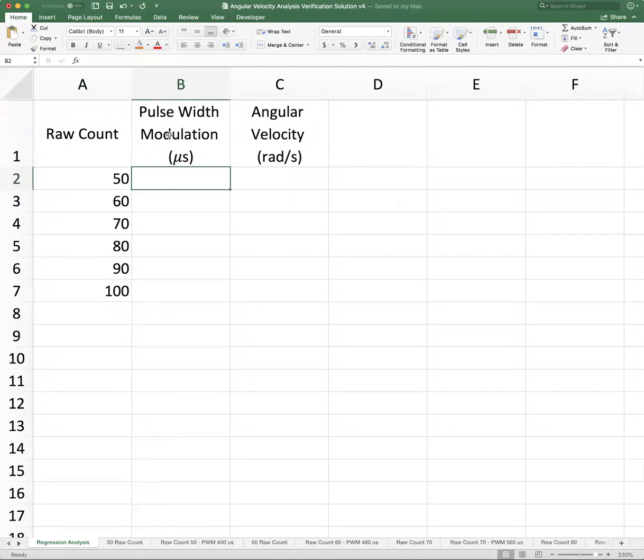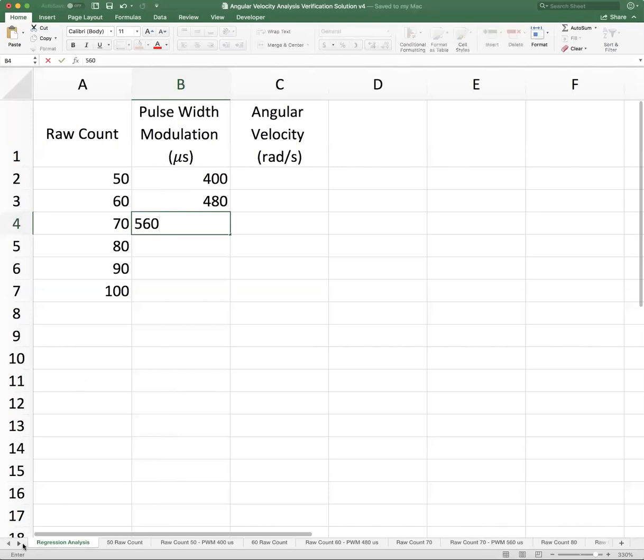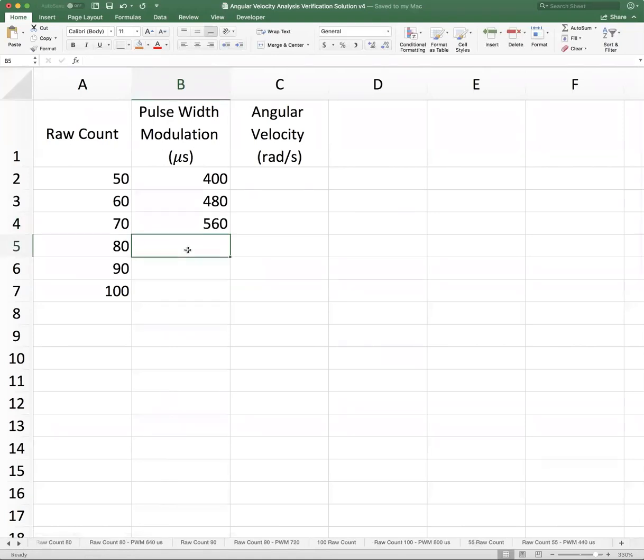Let me go ahead and find the pulse width modulation for each one of those. So at 50, you can see it right down here, it's 400. And then at 60, it's 480. And then at 70, it's 560. And then at 80, it is 640. And then at 90, we have 720. And then at 100, we have 800. And all of these are microseconds. So now